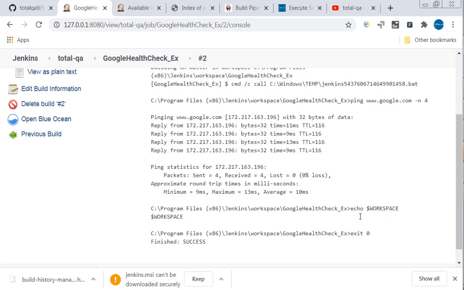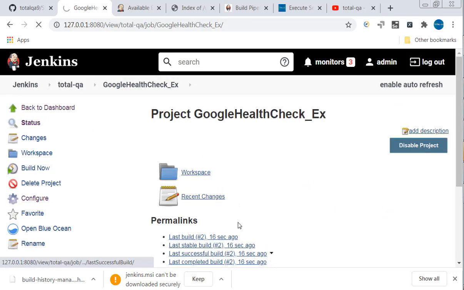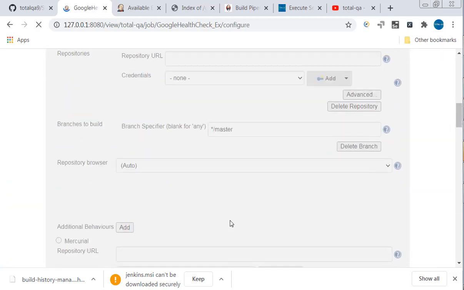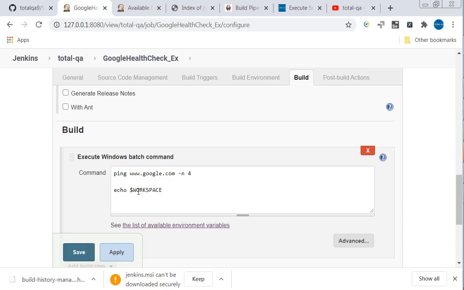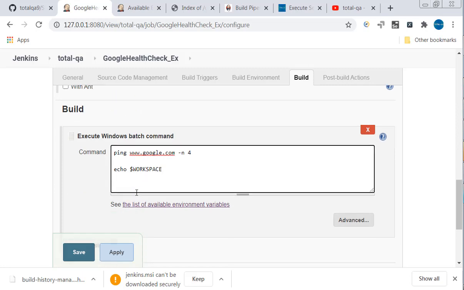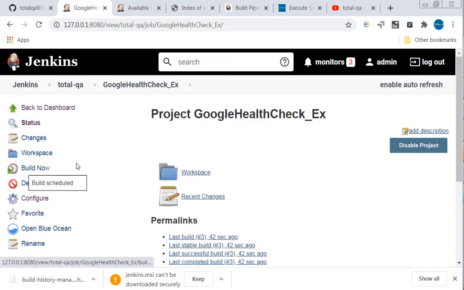Let me just put it differently. Here, instead of $, you provide percentage, the environmental variable, percentage. Click on apply, save, and build now.